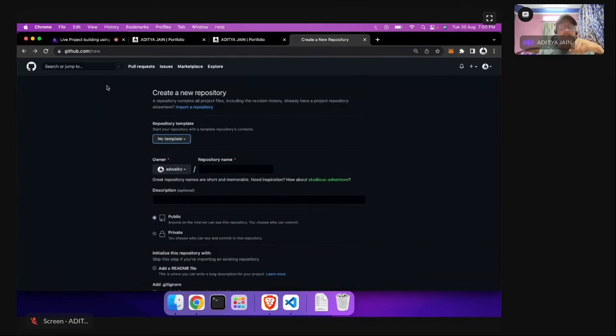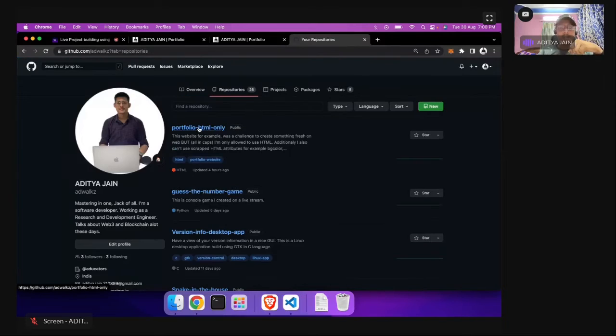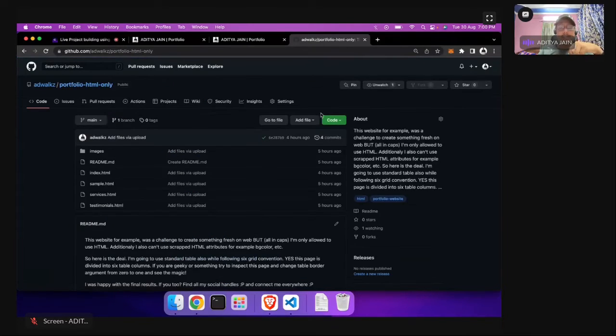Okay, so I will be coming back on my screen. You will see your repository like this. Then you will see a button saying add files. So just drag and drop the index.html and images folder there. It's just like how you upload files on your drive. Okay, and after you complete it, you will see a page like this. Then the final thing, you just need to go to settings